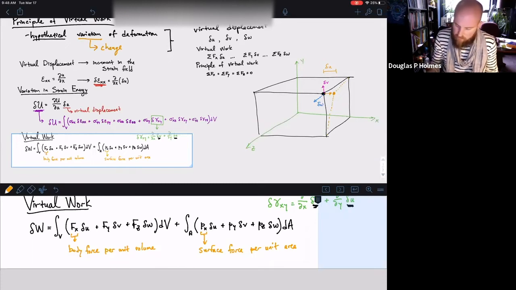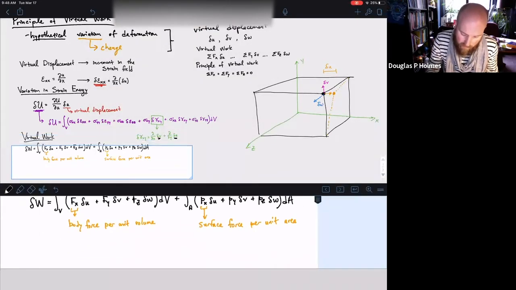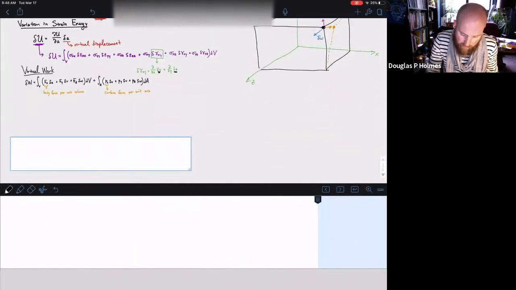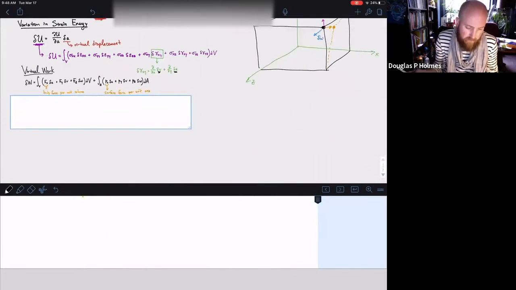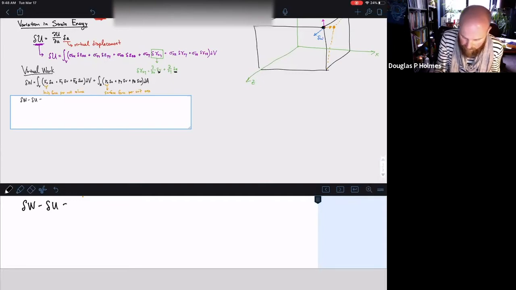Okay, this isn't that crazy. This looks basically just like what I wrote before, but instead of summations, we have integrals, so it shouldn't be too different. The total work done during this virtual displacement must vanish, for the same principle as before. This principle of virtual work tells us that the difference between the work and the strain energy should be 0. Or said a different way,